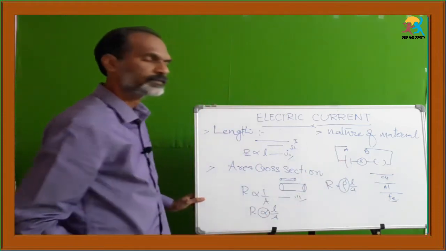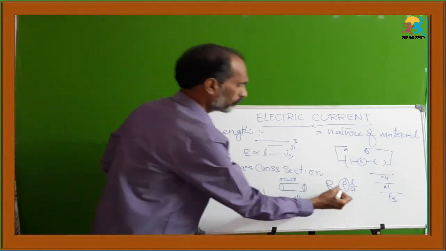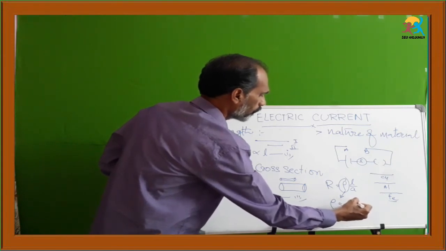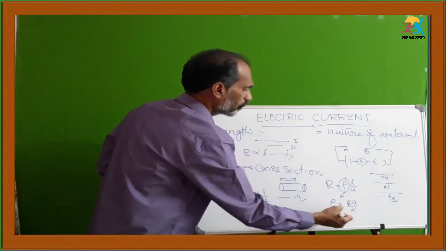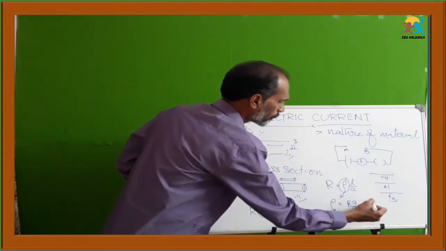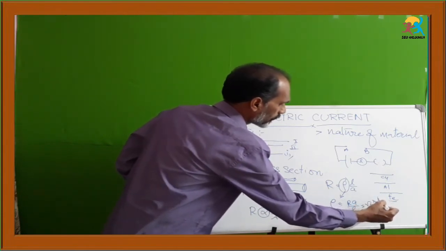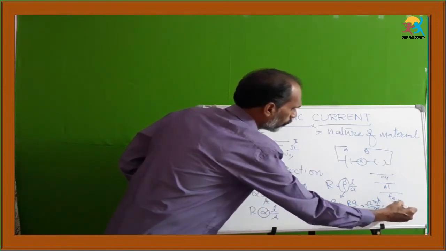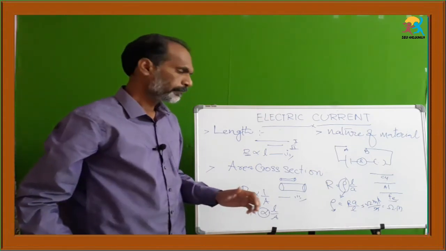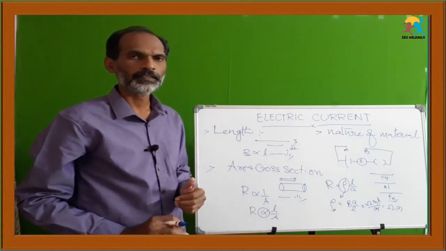This rho is called the specific resistivity or the specific resistance. This formula can be written as rho equals R into A by L. By using this formula, we can write the units of specific resistance. This is ohm, this is meter square and meter. One meter is cancelled, so this will be ohm meter. Ohm meter is the unit of specific resistance. This talks about the particular resistance value of a specific conductor.